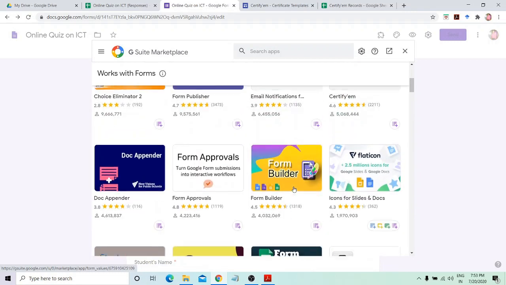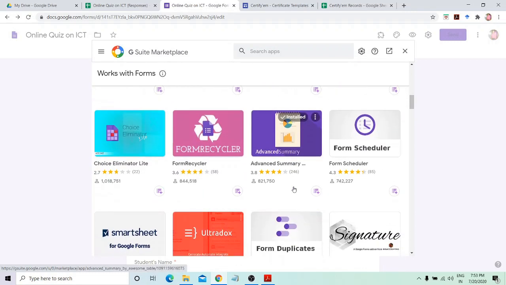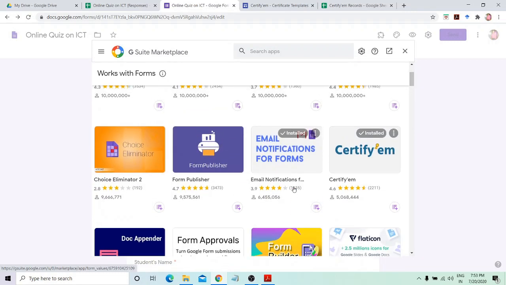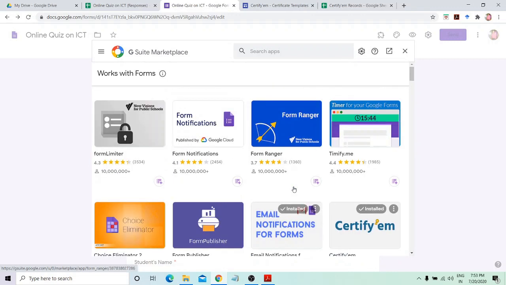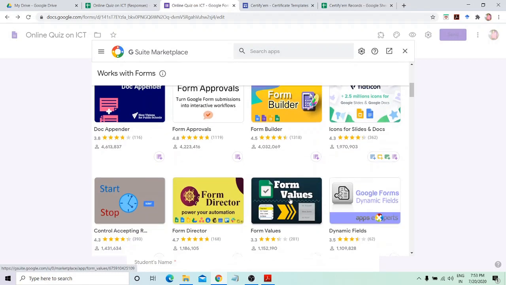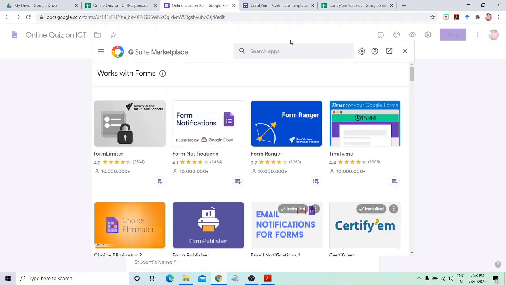Also, there are some other forms, you can explore them and their use. To use a particular add-on, you need to first install it. So simply search from here, or you can also type the particular add-ons name.